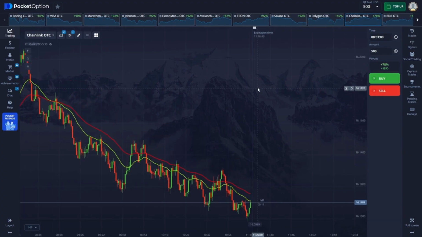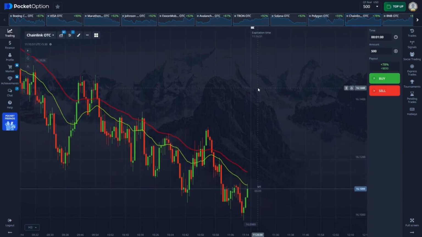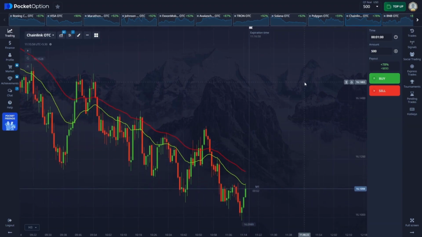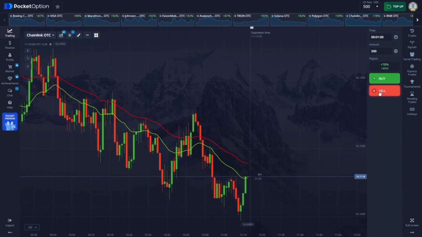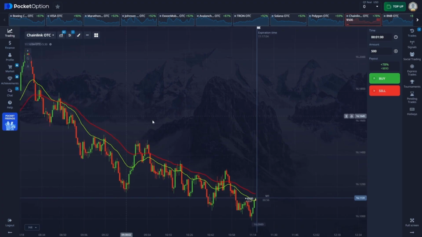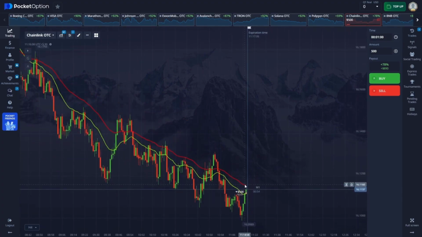Okay, let's find our first trade. On Chainlink OTC, we have a trade for the downside move. I'm waiting for the entry. Okay, if the current candle closes as a green candle, then we can proceed. Okay, the candle has closed as a green candle, so I proceeded with the downside move on Chainlink OTC for